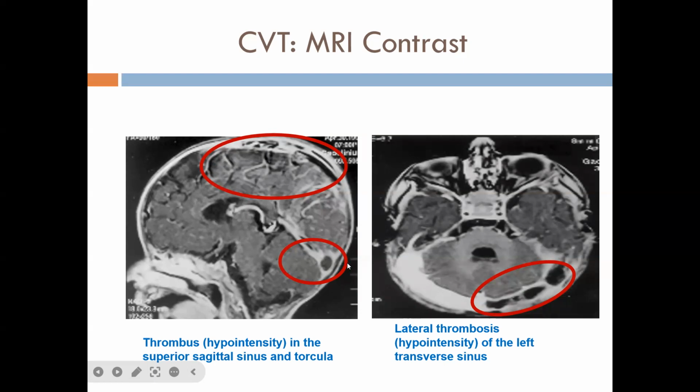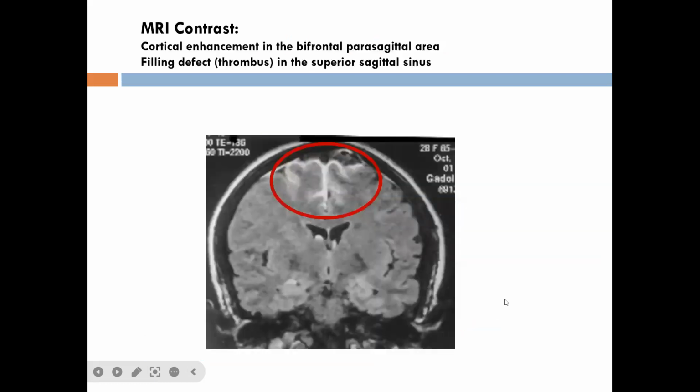And in one more MRI, this side, you are seeing the left transverse sinus thrombosis. This hypodense signal is your thrombus. So thrombus will appear as hypodense signal in the MRI contrast. Next slide. Again, abnormal enhancement will be there due to the